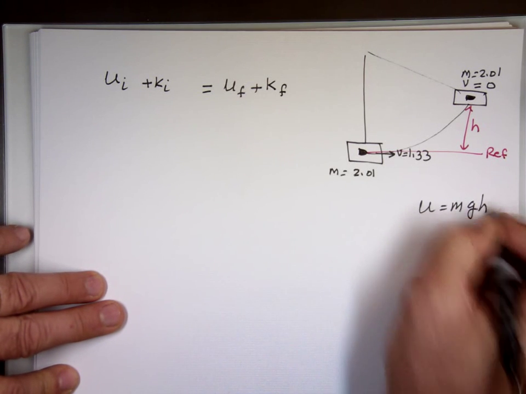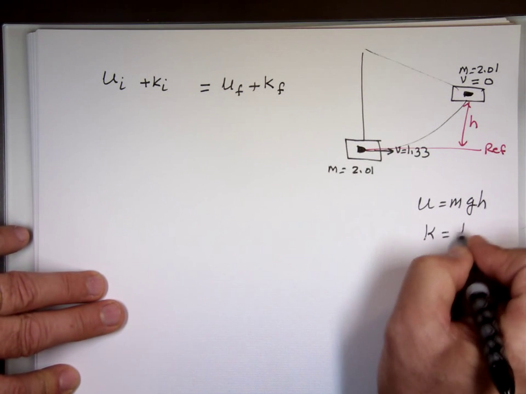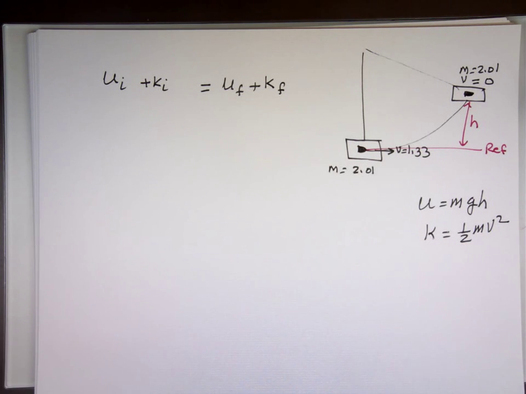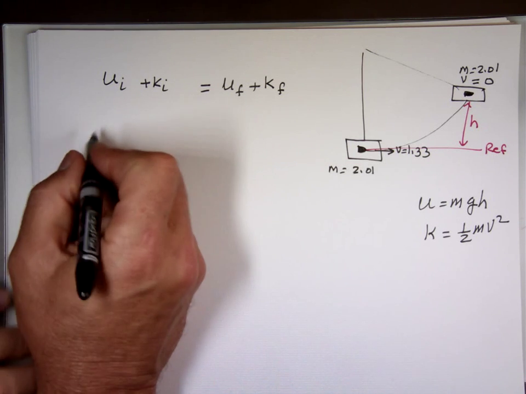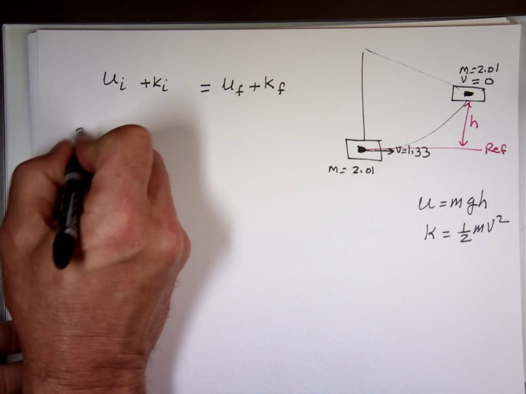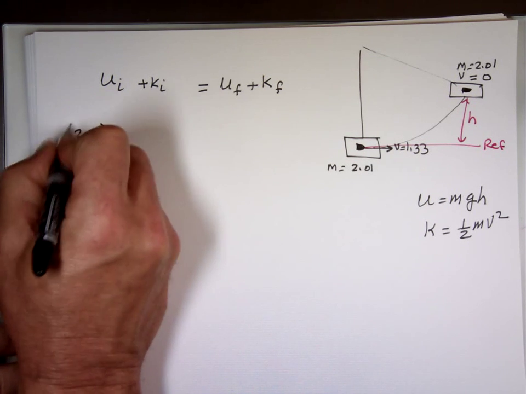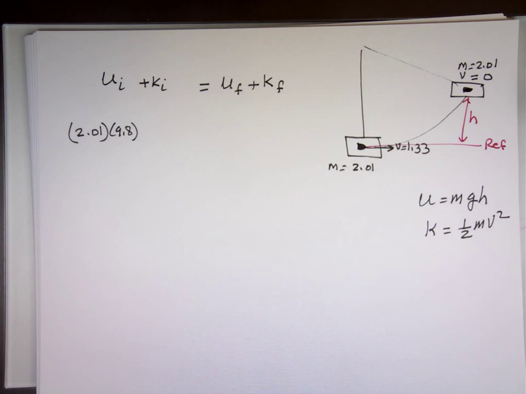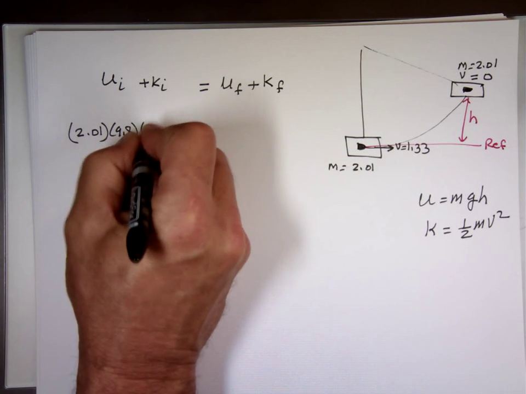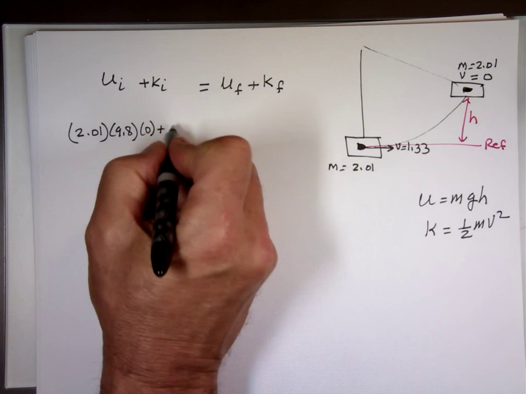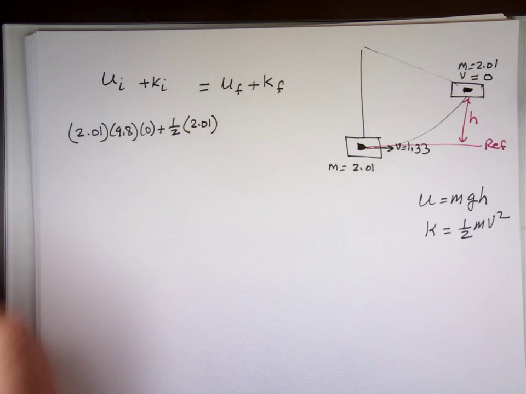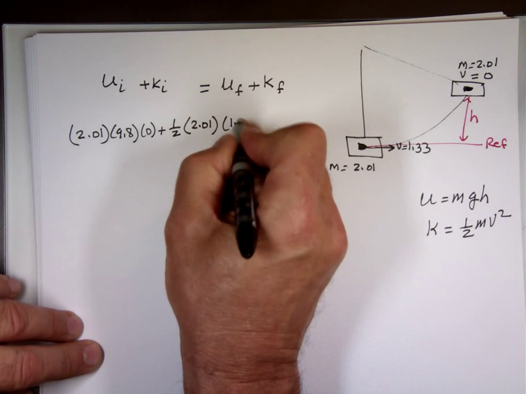Kinetic energy is 1/2 mv squared. So here we go. The potential is the mass times gravity, which is 9.8. What was the initial height? 0. The kinetic energy is 1/2 the mass times the velocity squared, equals